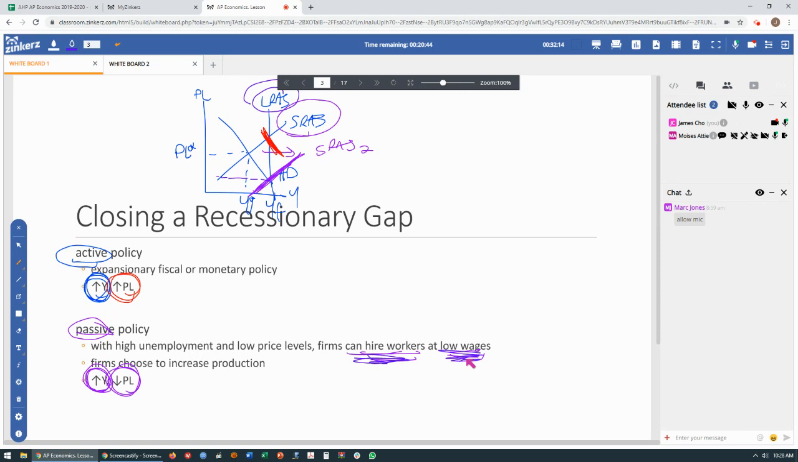Well, passive policy may hurt us during a long time until it kicks in. How long does it take for the short run to become the long run? I have no idea. It may take a long time. So during that time, while we're waiting for this passive policy to kick in and firms to hire more workers,